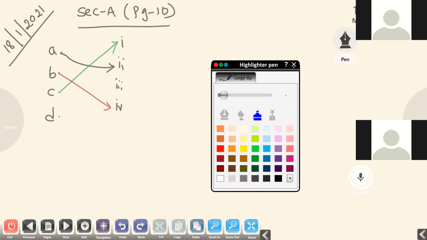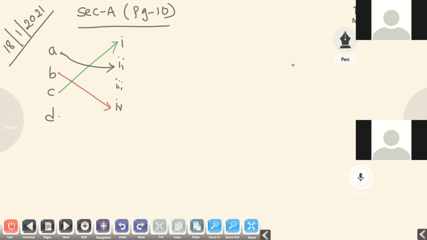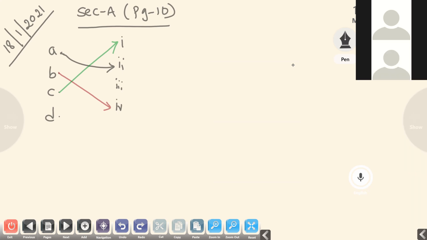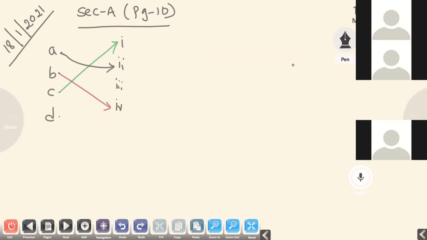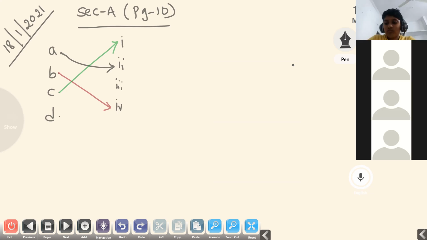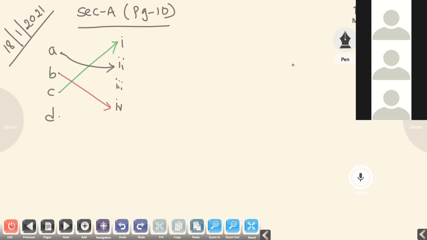The next one, store the name of the customer. Bhuvan, tell me. To store the name of the customer, which data type we have to use?